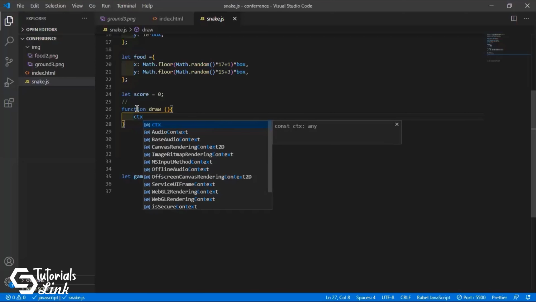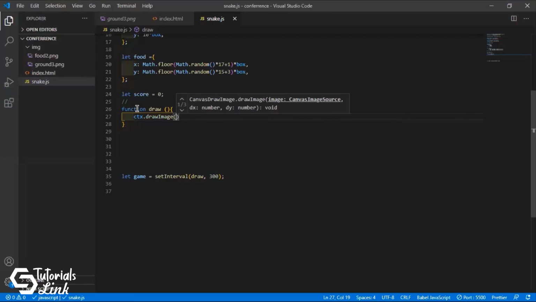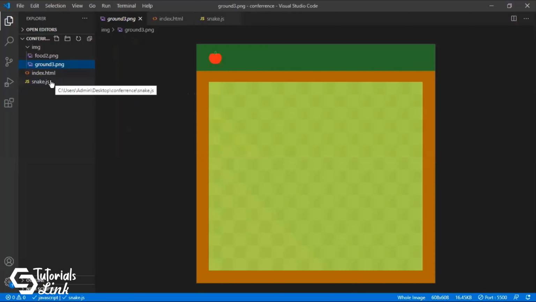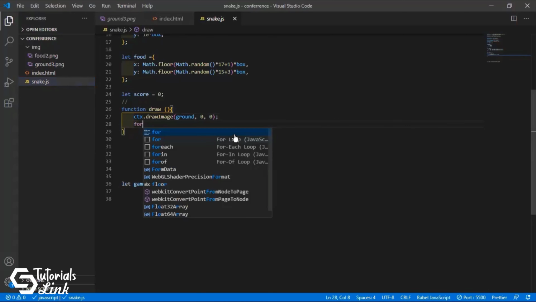So let's draw with ctx because it is in 2D, and we will do drawImage, and then we will give it ground, 0, 0. What it means is that it will give the value for how the image of the ground should be visible in the web page. So it will be at 0 by 0 coordinate. Fine. The next thing is the length of the snake. We have to get the for loop.